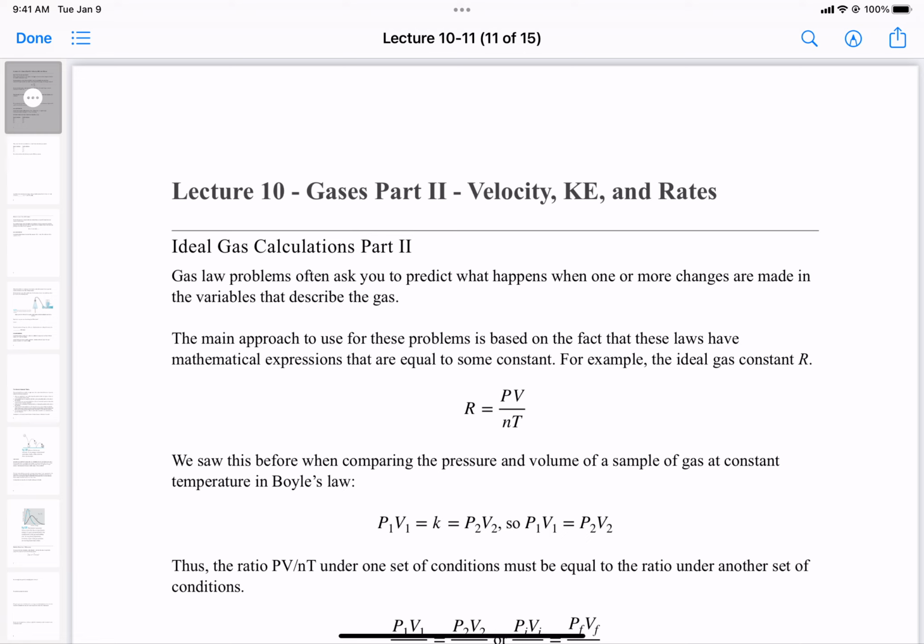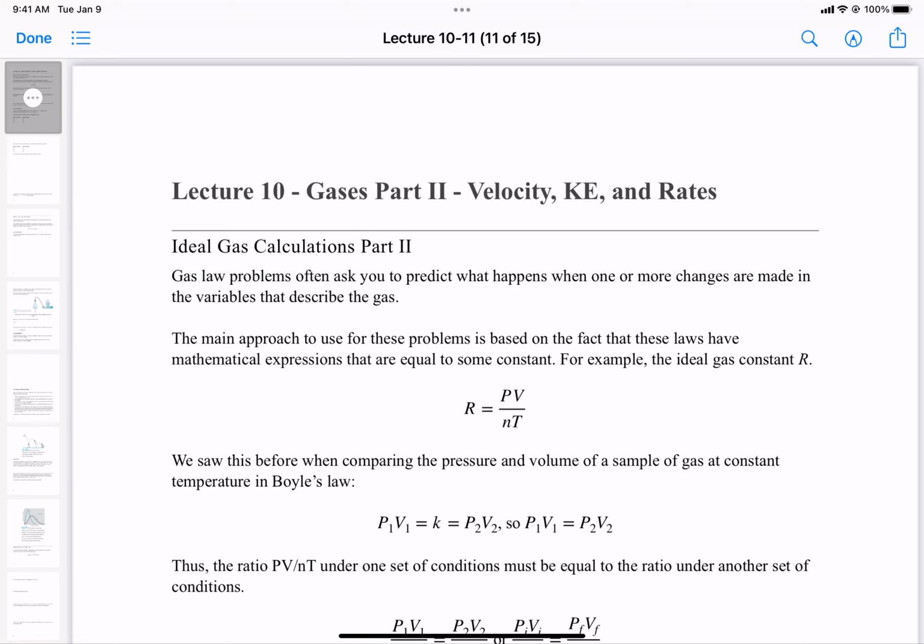So we've been using this equation based on the fact that these variables are equal to some constant, and that has to do with how gases behave, and that's the constant R. But if we just break it down to the individual gas laws, we can see that the product of a set of variables, for example, Boyle's law, pressure and volume, will equal a certain value. And when we change the value of one of the variables, the resulting final pressure and also